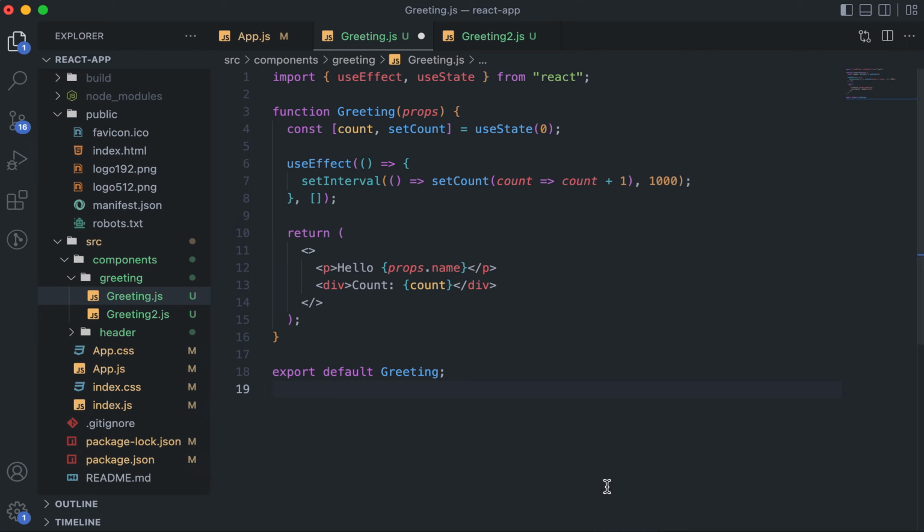In this video, we are going to learn about custom hooks. Custom hooks is a concept in React where in functional components we can have reusable logic that is also stateful. But before we go there, let's take an example which I think we took also in one of the earlier